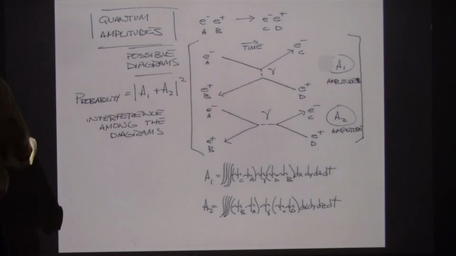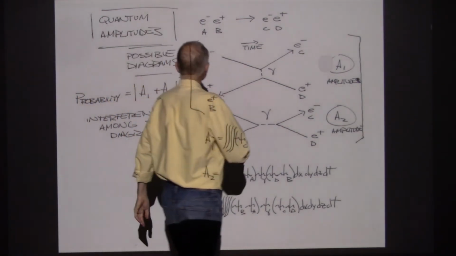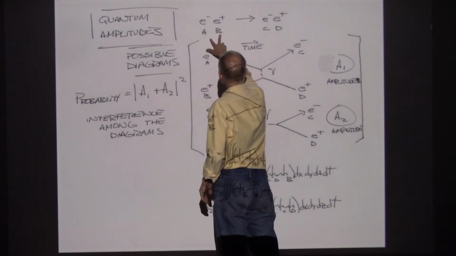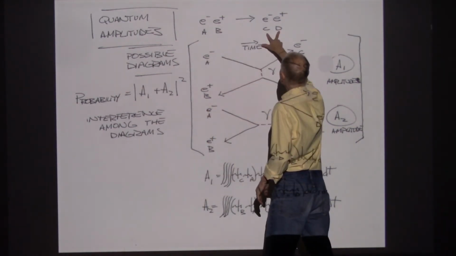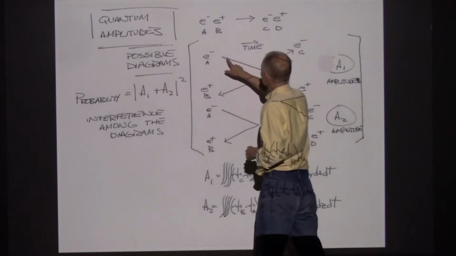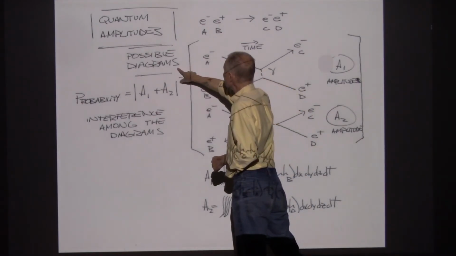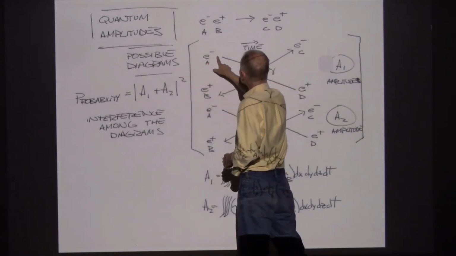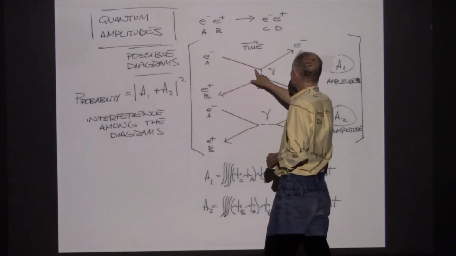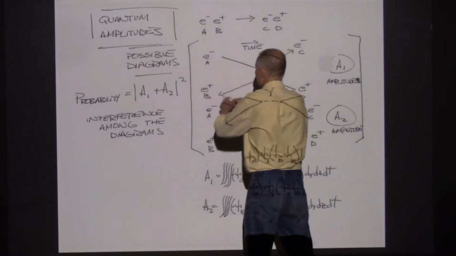So instead of turning into two photons, which we've seen before, in this reaction, they just run into each other, they get redirected, but they come back out. So one of the possible ways that could happen would be for the electron to come in, and then here is the